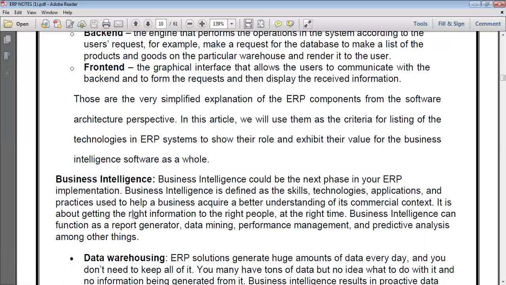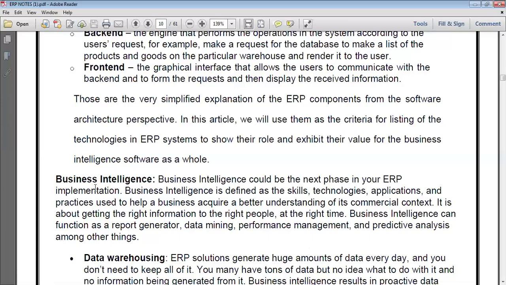Business intelligence is a strategy and a technology used by the enterprise for the data analysis of business information. BI technologies provide the historical, current and predictive use of business operations. Predictive use of business operations is called business intelligence.